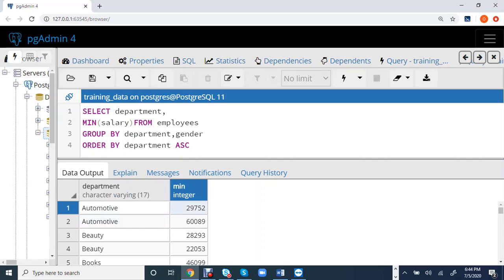So is this 29,000 for the least paid male employee in this department, or is it for female? So it means we need gender column. So we know, is this male or female? We know which one is male, which one is female. Okay,